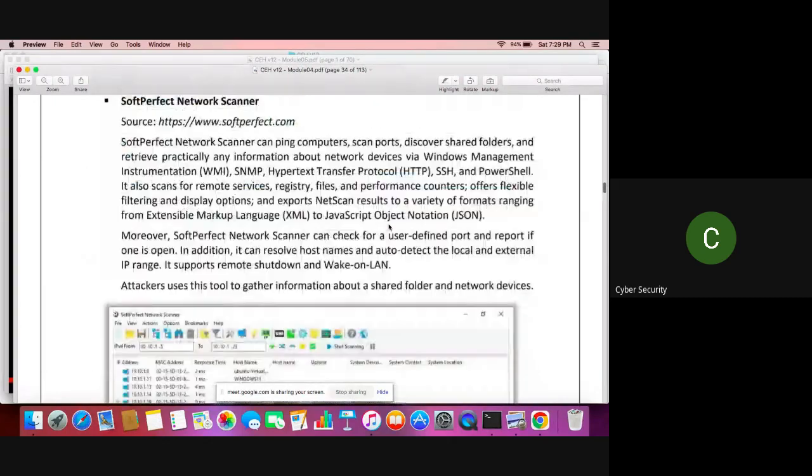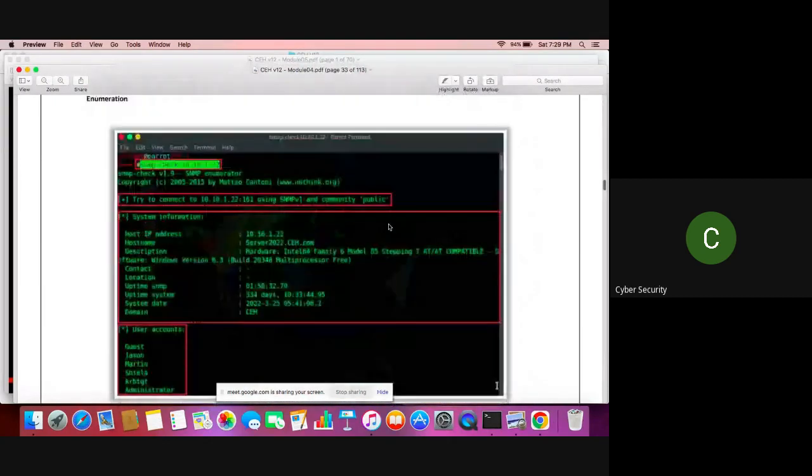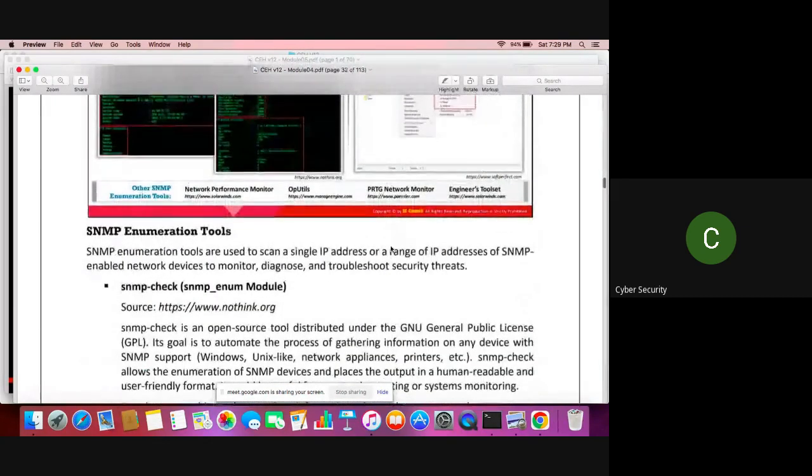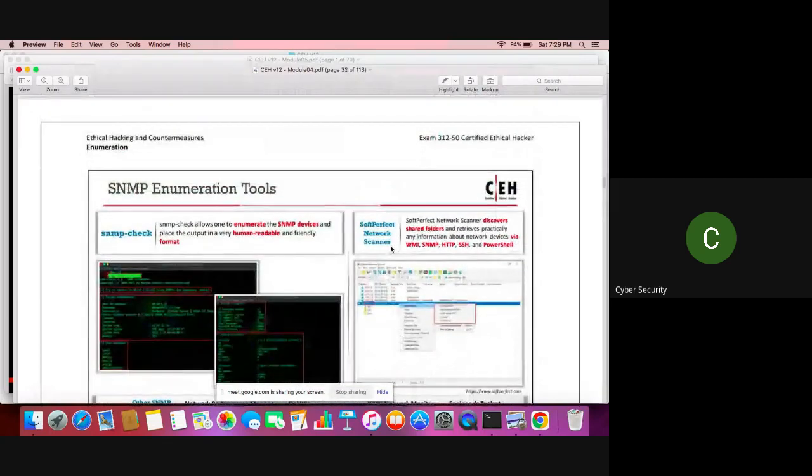All right, so this is another enumeration tool. We have snmp-check. It allows one to enumerate simple network management devices. So in order for you to use these tools, the port must be open. That simple network management port 161, 162 must be open on the remote device in order for you to be able to